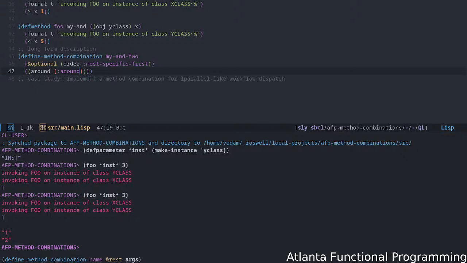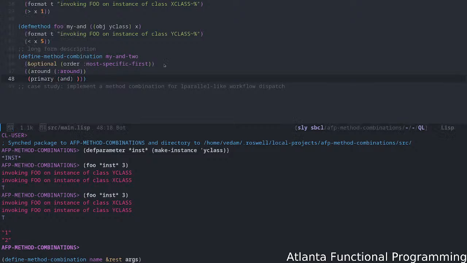Around, like this. Now we could do primary is going to be and, okay, and then you're going to have to specify in this qualifier pattern the order in which you're going to provide and whether or not this is required. Okay, so what is this piece here? This is basically